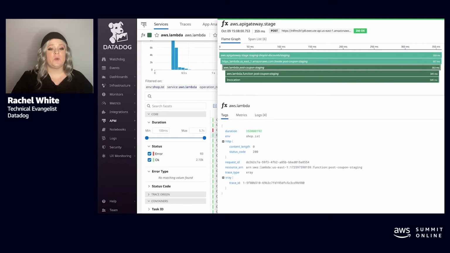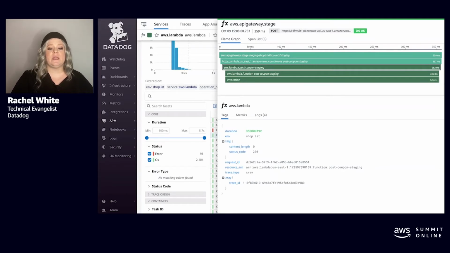With this screenshot, we're looking at a trace that came in through AWS Lambda. You can see the darker green, which is the Lambda being called. And above that is the top-level span, which is an API gateway calling that Lambda. Earlier, we talked about serverless applications only existing for a few hundred milliseconds, and it's not even called directly. It's called by something else. Distributed traces and APM give us a way to reason about that entire unit of work and all of the things that happen with it.